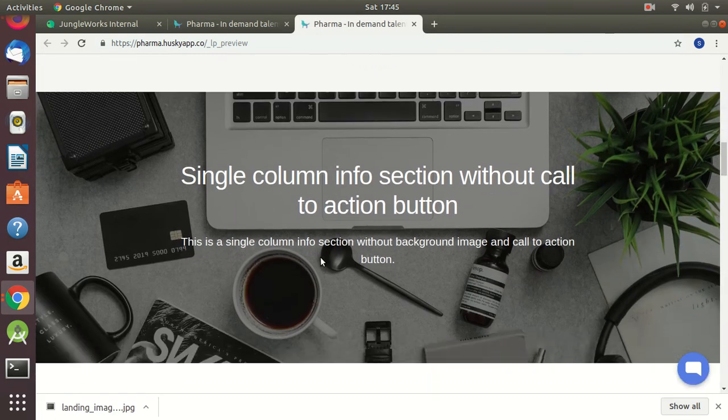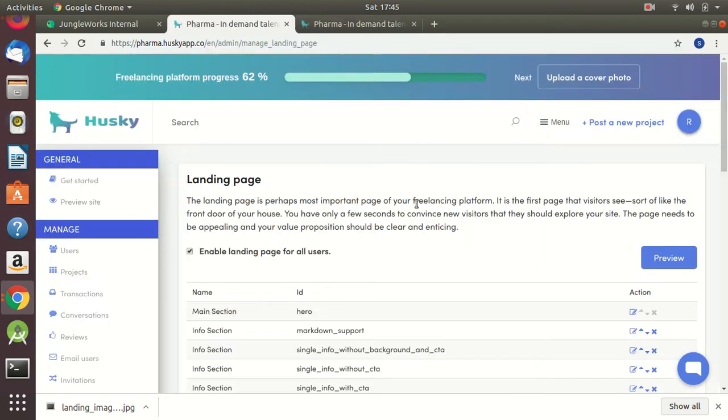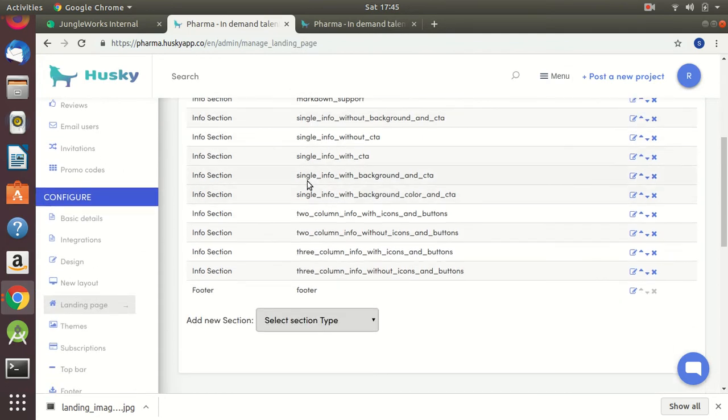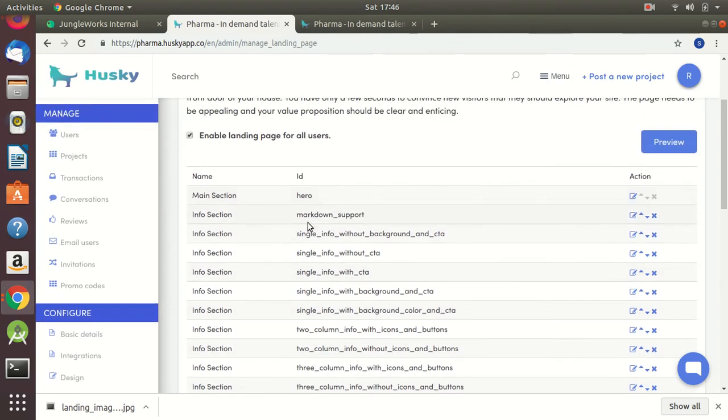So there are particular sections available. Next is the single column info section without call to action button. That means we can add a background image in this section. So for this particular section, I'll be going in the landing page, and this is the fourth section, that is info section, single info without call to action button.